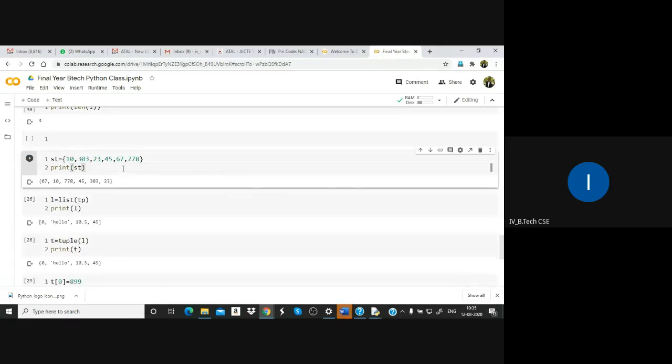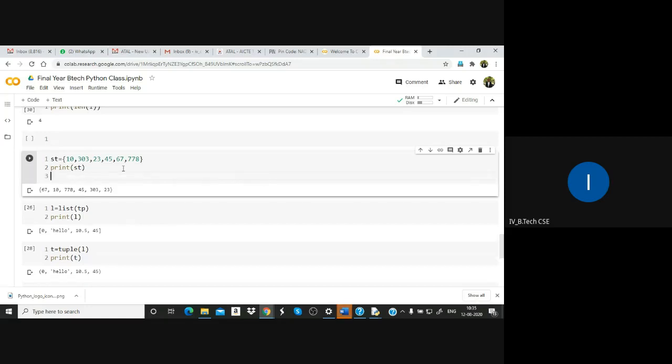How do you add elements into a set? Using the add function, st.add. Append will not work here. Add.